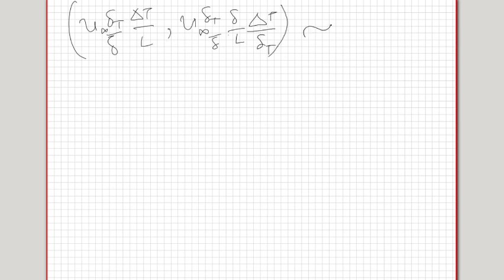This is of the order of alpha delta T divided by delta T square. Now what happens in the left hand side? You have U infinity delta T by delta, which is common to both of these. Delta T by L is also there. So what is not there? There is an additional term of delta by delta T. And this delta by delta T is much greater than 1, and therefore this term will fall through and you will have only this term, which is significant.